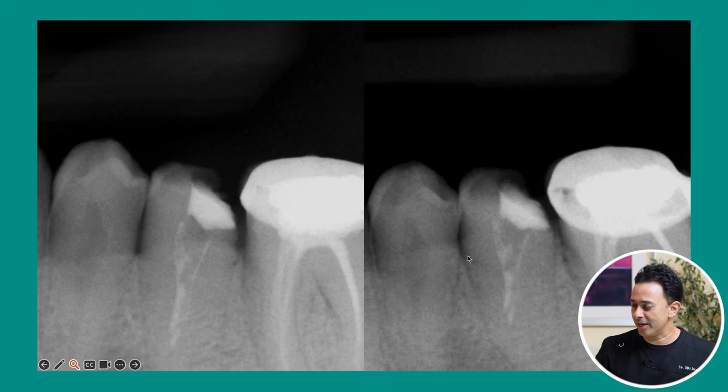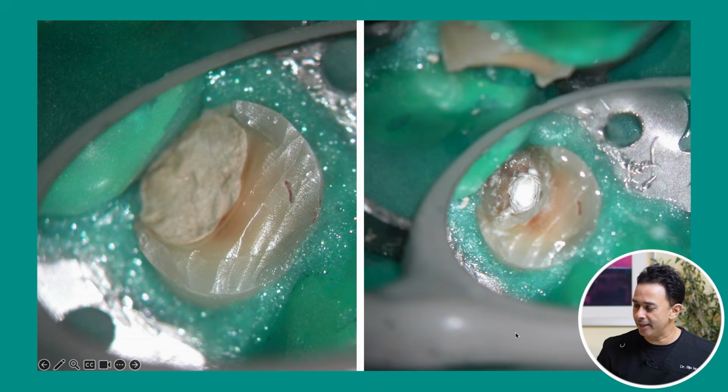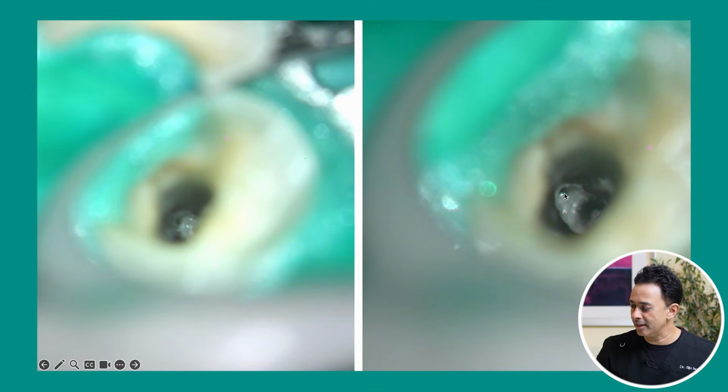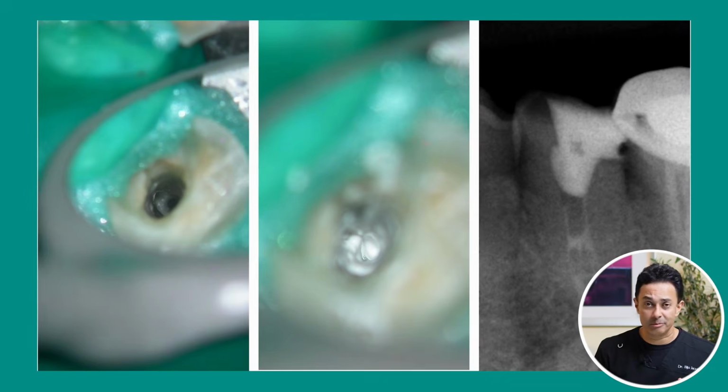You can see here there's some calcium hydroxide which the general dentist had placed. When I opened the temporary restoration and removed it, I could see one canal which she had located. And then mesial to that canal, I can see the extra, missed canal. So this is a case where it's not buccal and lingual. The two canals are mesial and distal to each other, so it's slightly different from the earlier case.